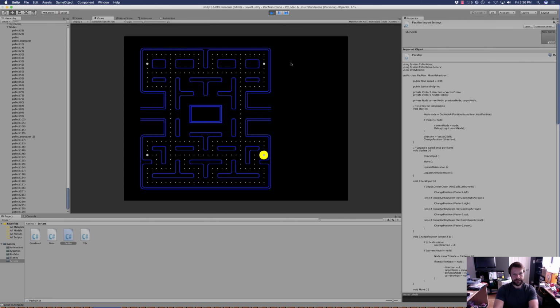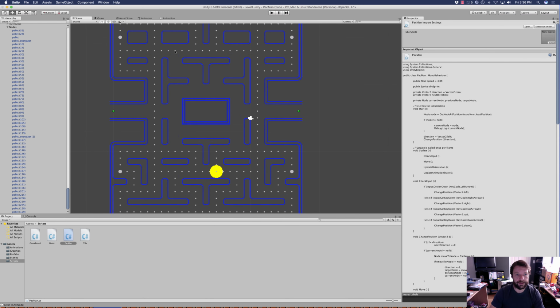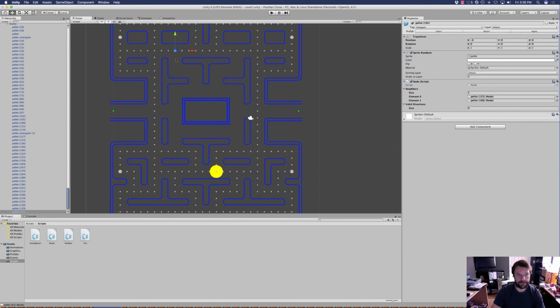Which is awesome. So we are just that much closer to finishing up our Pac-Man game. So, let's do the not so fun stuff, because we've already got the coding all out of the way. The only thing left to do is to make it so Pac-Man can actually go around on the inside around where the ghosts are going to be, right? So let's go ahead and do that. I'm going to just duplicate a few of these. Alright, so we're going to duplicate this one. We're going to put it here, because this is an intersection that can go either this way or that way. Duplicate, set this one here, duplicate,